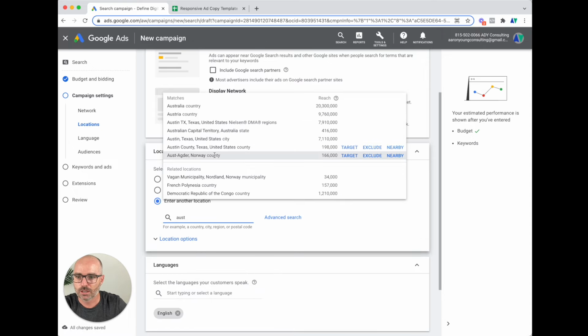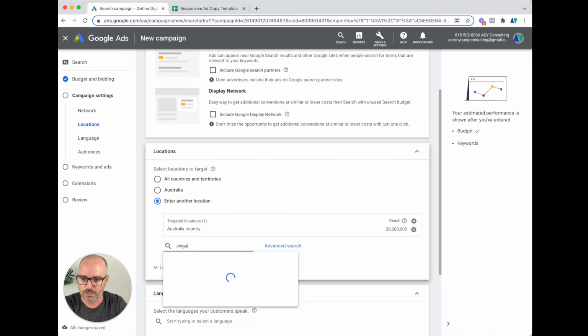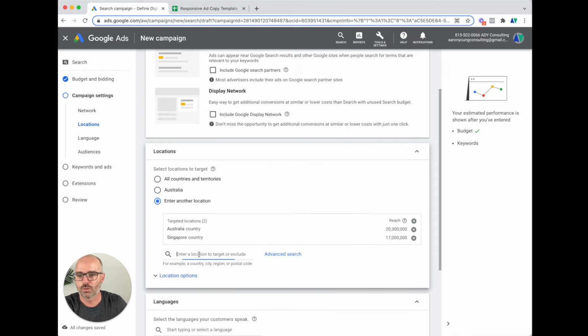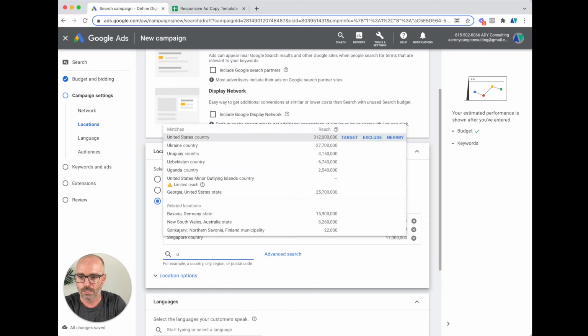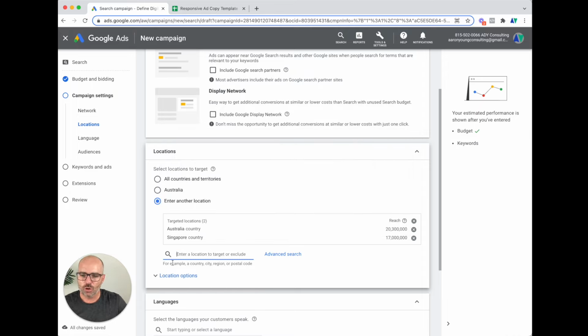So you can target that. We know that we get really good market from places like Singapore, so we can target that. And then also we actually get a really good basis from some of the UAE states. But we could also add United States, United Kingdom, United Arab Emirates. So there's a lot of different sections you can add there, but that's not really what I wanted to talk